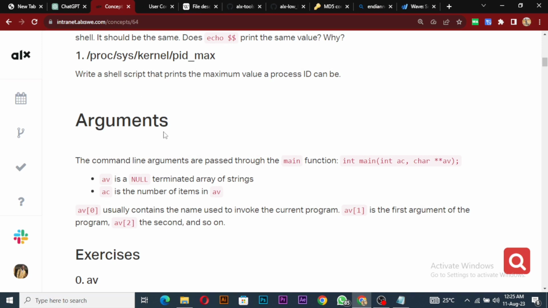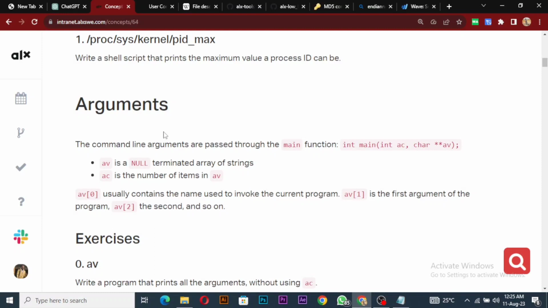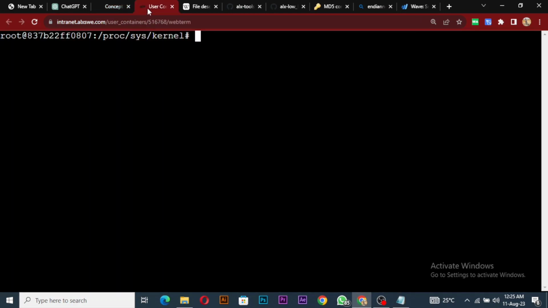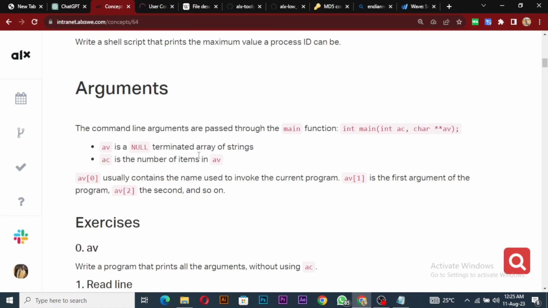So now we have arguments. Arguments are something we've done before, argc, argv, right? But I'm just going to have a small revision for those who don't understand when we did it. Okay, and then we have some exercises under it as well. So the command line arguments are passed through the main function. Let me reload this so that I'll be able to work with it. Command line arguments are just a way of, we execute our